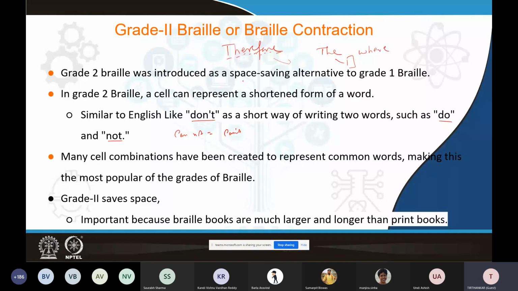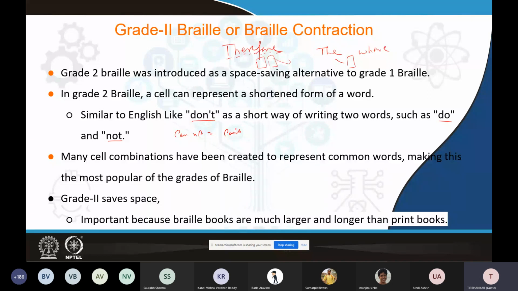So maybe we can represent this with two braille cells, but when a person is reading, the person has to be aware that these two cells should correspond to a particular word. So they should have that kind of knowledge intact with them. And typically we will see,